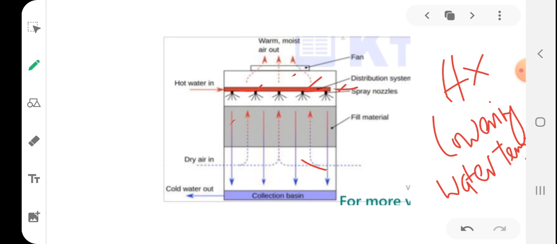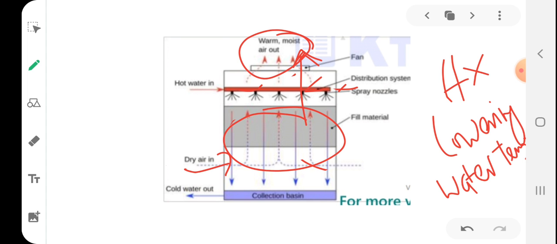So in this region, the water will start to evaporate, creating a cooling action, right? Only a small portion of water evaporates. This evaporated water will exit from the cooling tower along with the air. So what happens to the air? The dry air will become moist air when it exits from the cooling tower. It becomes moist, meaning its water vapor content will increase, because the water is evaporated